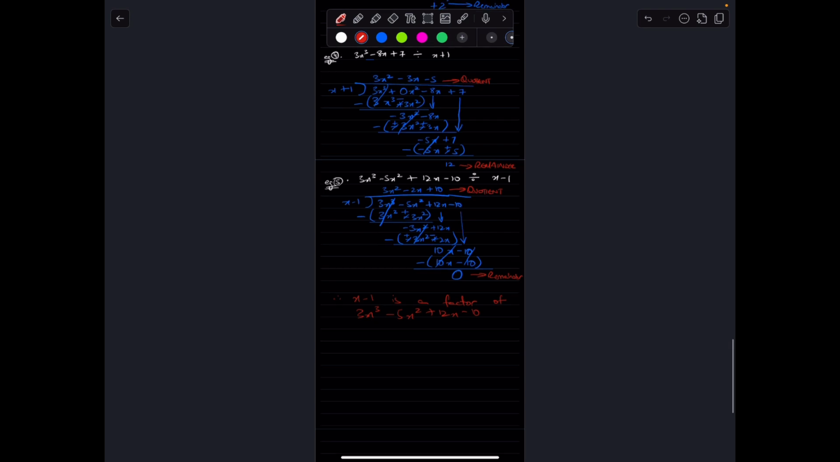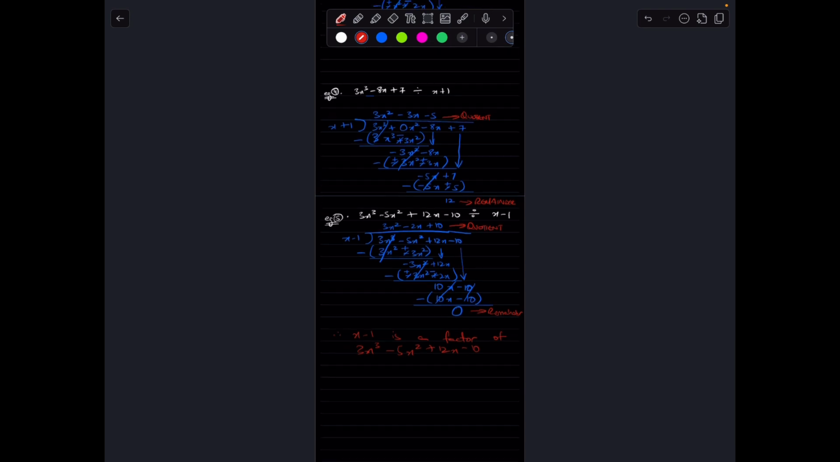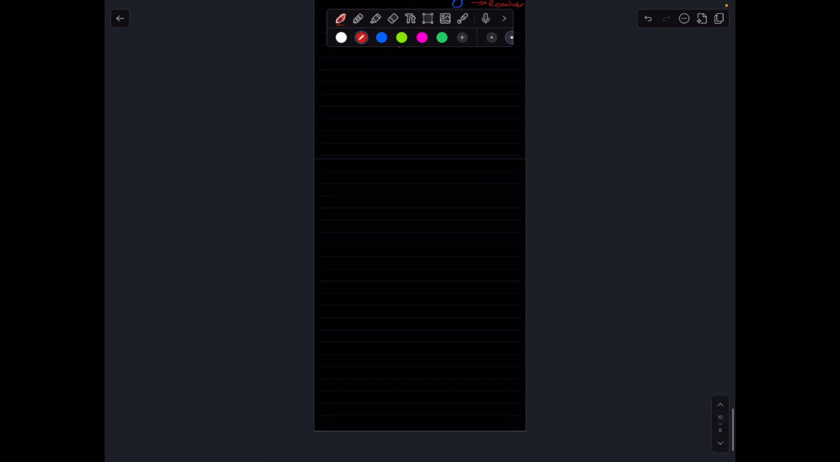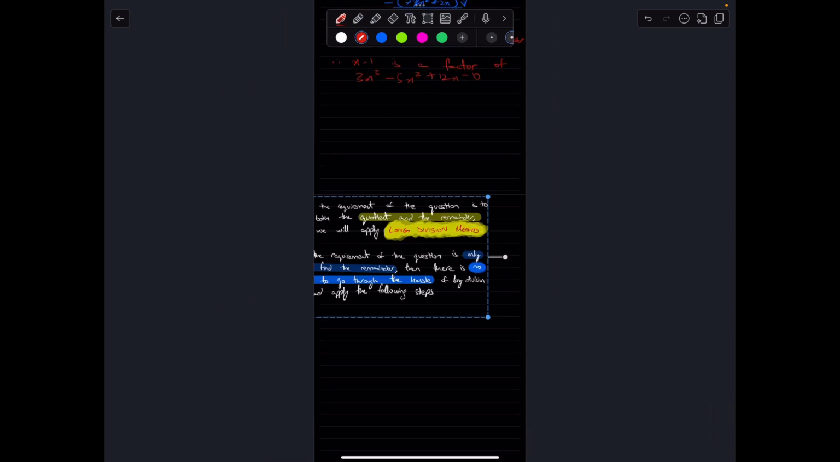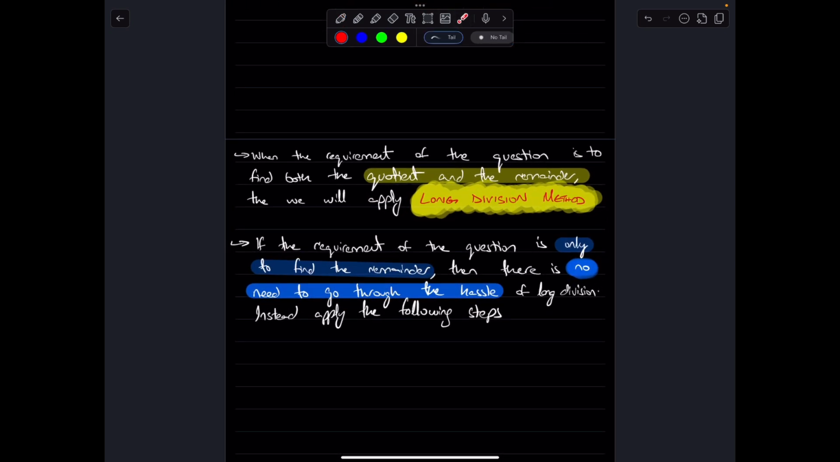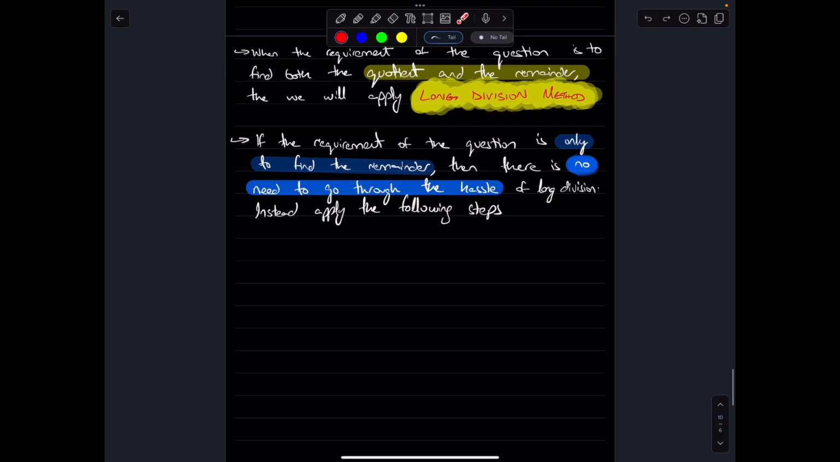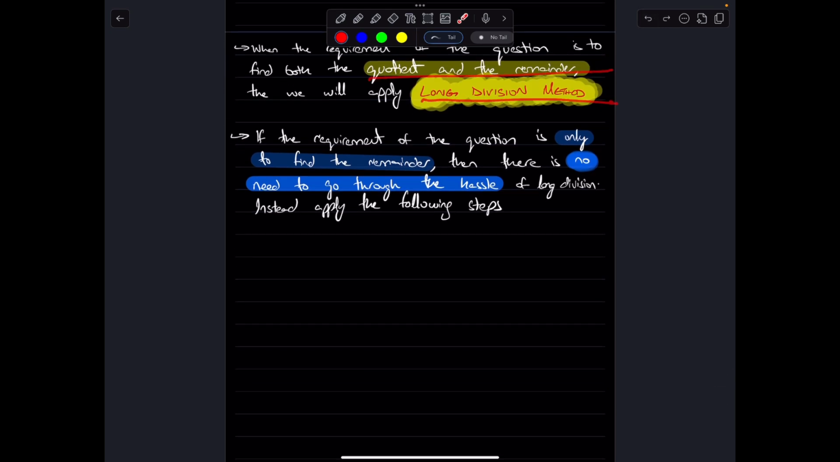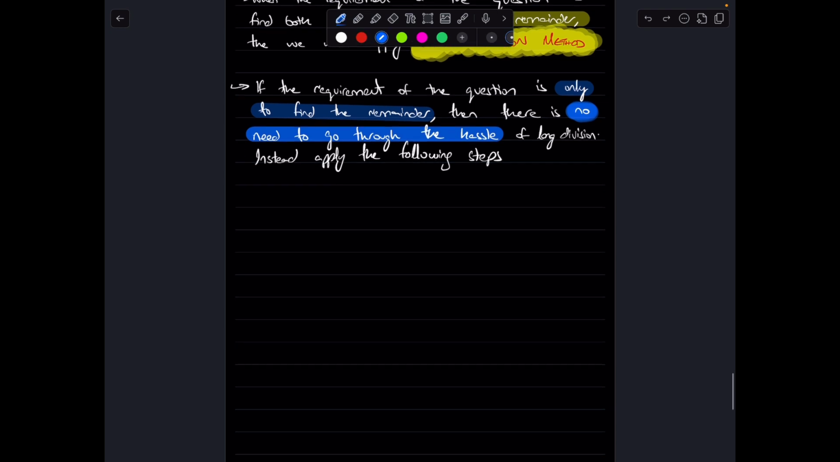Now, the thing is that the question might either require us to find both the quotient and the remainder or only the remainder. And these are the two cases we have. So if the requirement of the question is to find the quotient and the remainder, we'll apply long division. But else, if the requirement of the question is only to find the remainder, there is no need to go through the hassle of long division and we simply apply the following steps, which are as well. So the first step would be